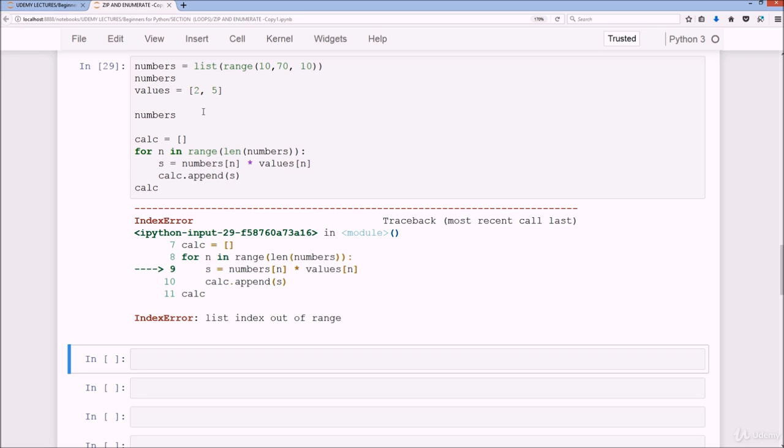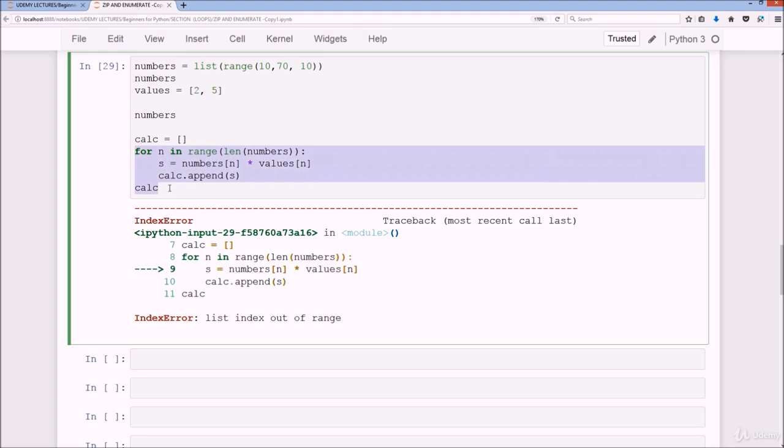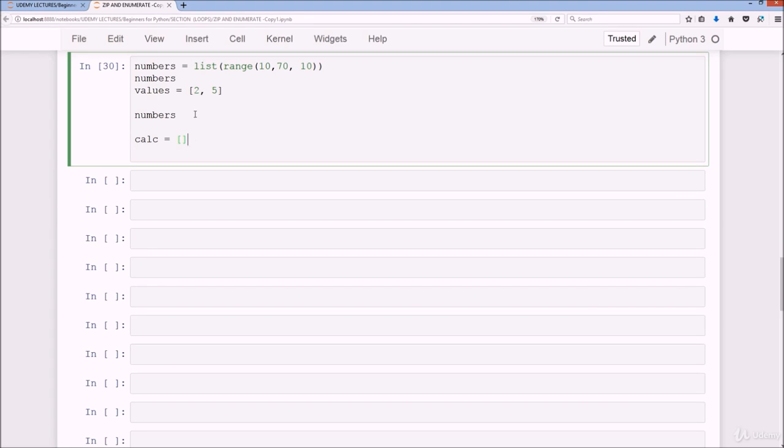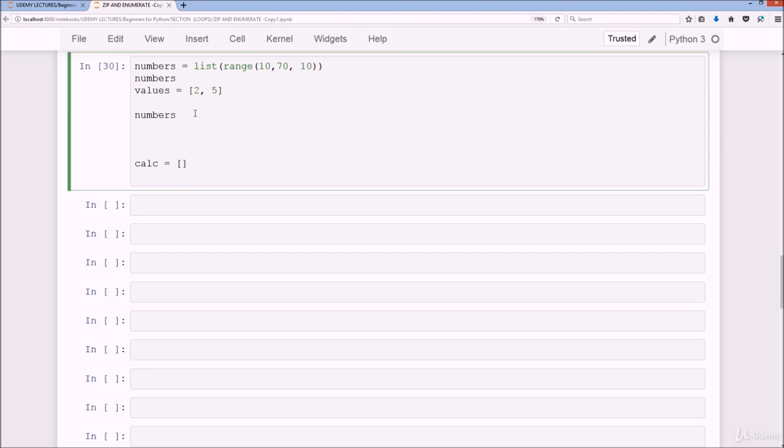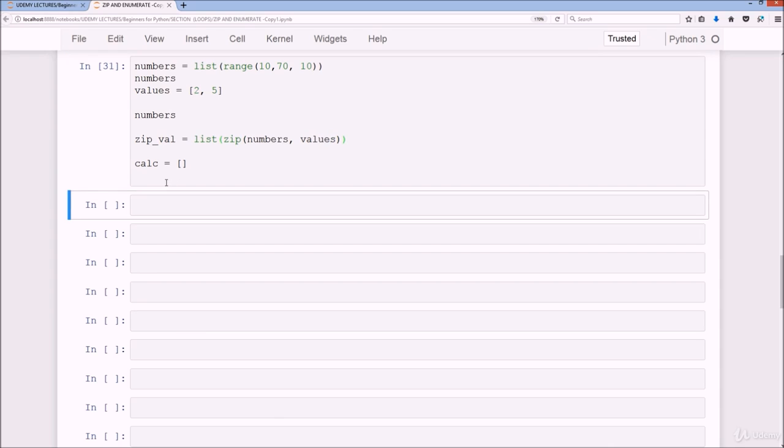So we have a bit of a problem here. There's a way to remedy this potentially, and that is if we were to simply delete this code here for starters, and we do the zip. So what we do is zip_val equals list zip numbers values. We run that, and then if we take a look at zip_val,